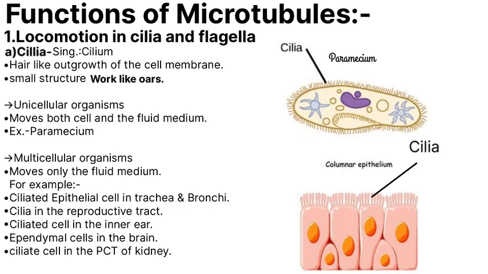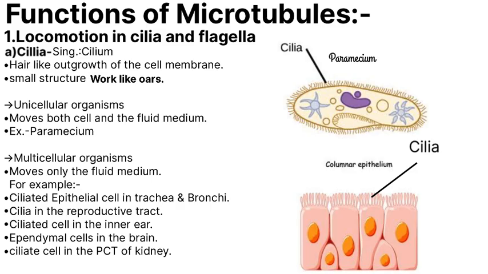In the prokaryotic cell, we have seen different cell projections like pili, fimbriae and flagella. But the pili and fimbriae are only a prokaryotic character, while the flagella can be in both prokaryotes and eukaryotes. And cilia are present only in eukaryotic organisms. So first we have the locomotion in cilia and flagella. They both are the locomotory organs, and we know that. They are present only in eukaryotic organisms because of their microtubular structure, as I already said in the starting slides. So let's begin with the cilia first.